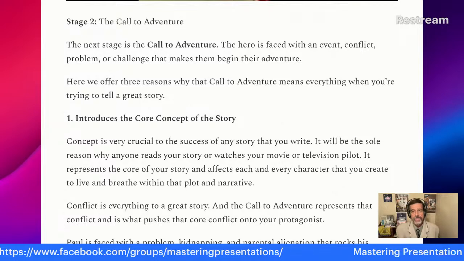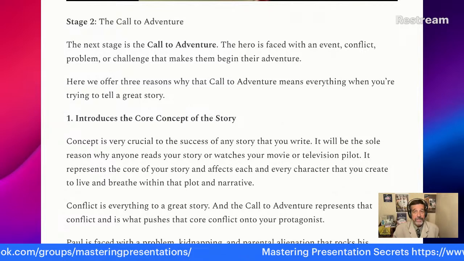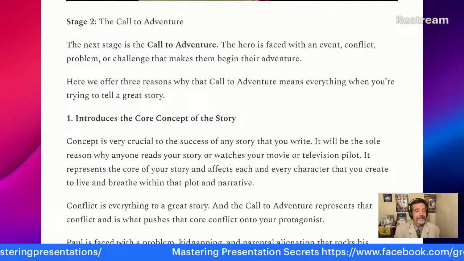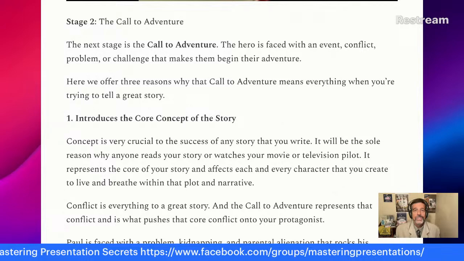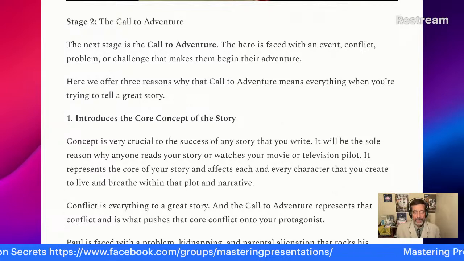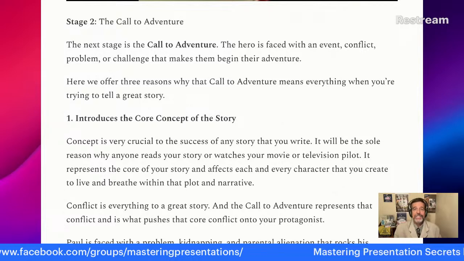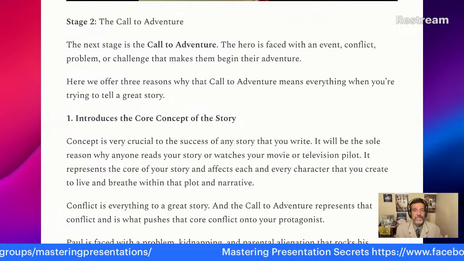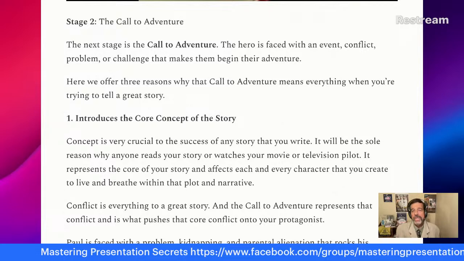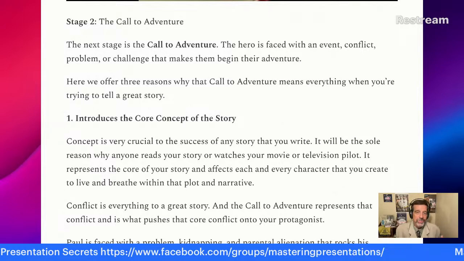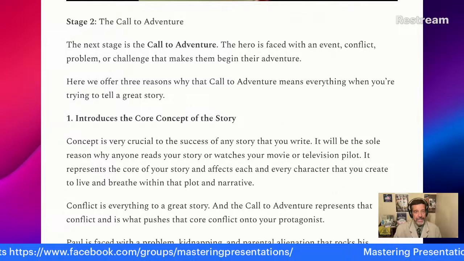viewing a long work, such as a novel. And they say, I've got to build up the story. I've got to eventually get there. No, you really don't want to do that at all. You want to do what's called in medias res. In medias res means in the midst of. So it means that all of a sudden, stage 2 is an event, a conflict, or problem where all of a sudden we're drawn into the story and the protagonist is pulling us along with them.